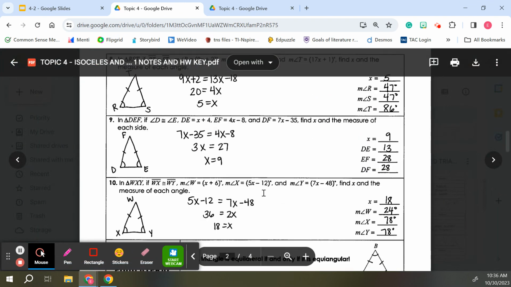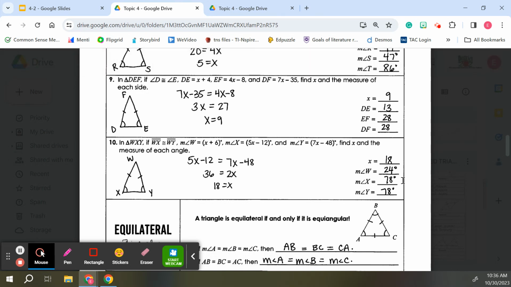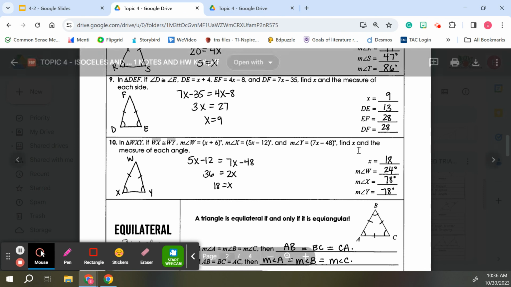All right, so here is 10. 18, 24, 78, and 78. Had bigger numbers, so I wanted us to work on that. Any questions on that? 9 is going to be the same thing. It's just dealing with side lengths. So that's why I'm going to leave that up to you guys if you choose to do it. Okay. All right, let's take a look at